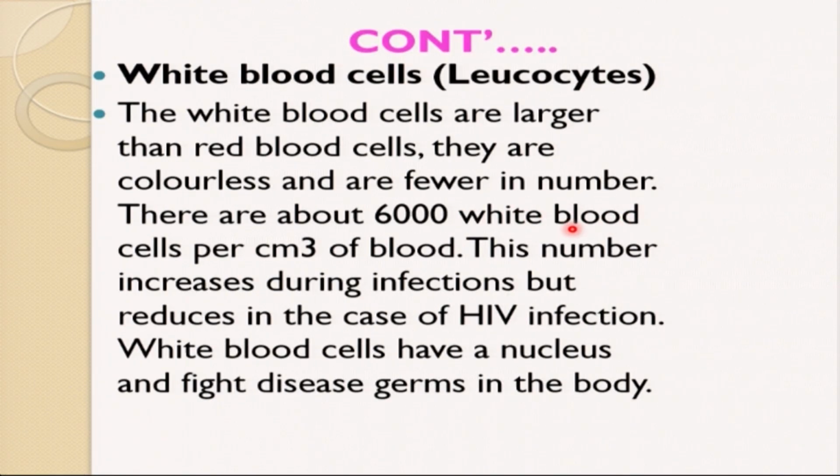We have talked about it, there are about 6,000 white blood cells found in each cubic centimeter of blood. The number increases during infection, but reduces when a person is suffering from HIV. When a person is sick, the number of white blood cells decreases. But when a person is healthy, the blood must be having about 6,000